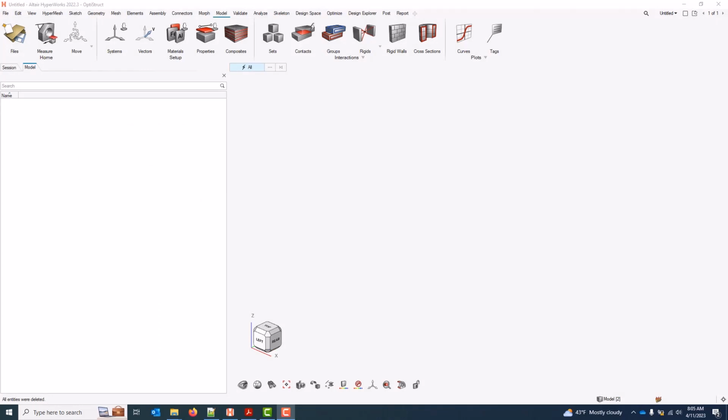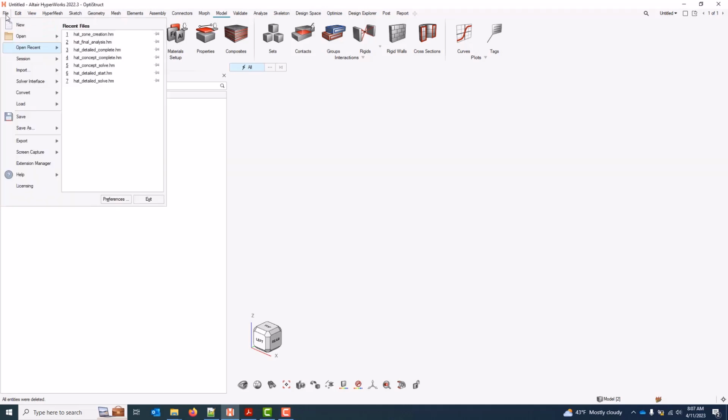This video covers manual zone-based property creation. In general, and if you're not sure, I suggest using a ply-based modeling method, but there are certain use cases where a zone-based model can come in handy. For this example, we'll build a full hat model just like we did in the ply-based version, but we'll be using zone-based cards directly this time. We're going to be working in OptiStruct, but the workflow and the property cards look very similar in the other solvers. We'll start with a file open,